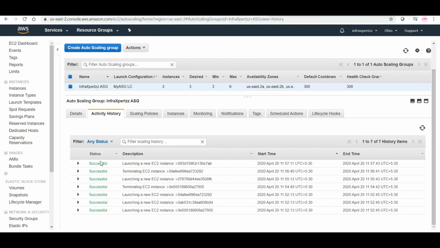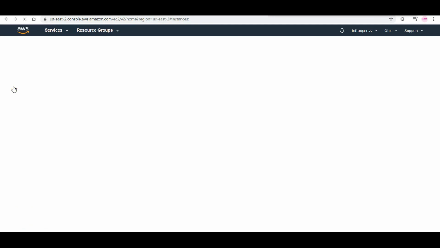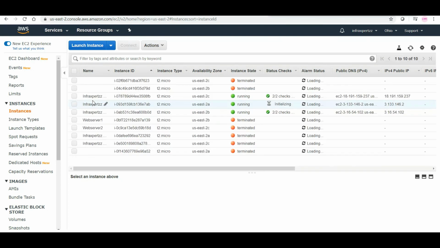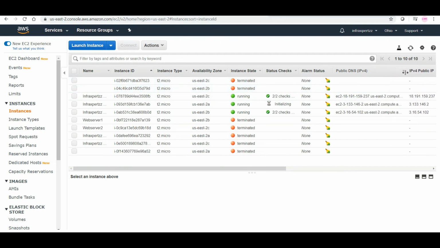After I refresh it, it changed to successful. So let's see whether we have 3 EC2 instances right now in our console or not. So we have 3 EC2 instances. Those are in US East 2 A, B and C availability zones.